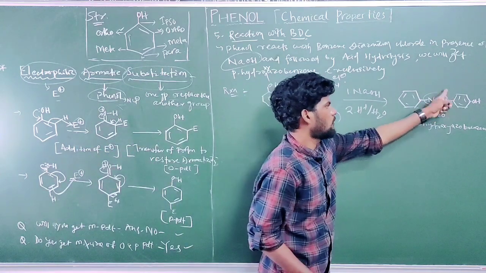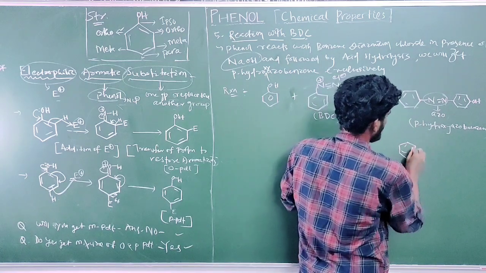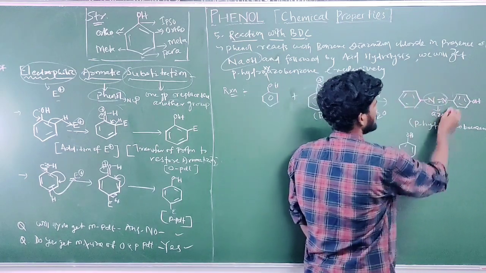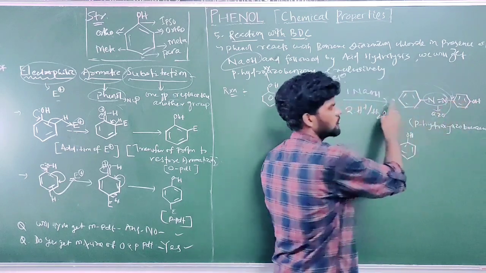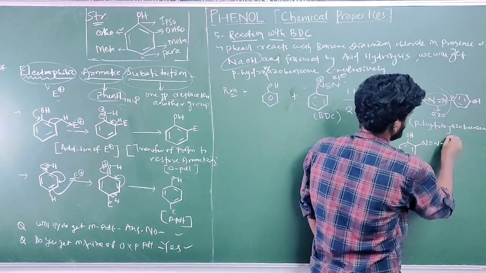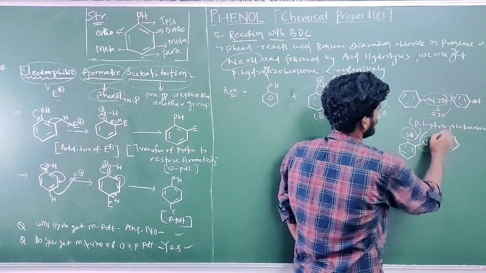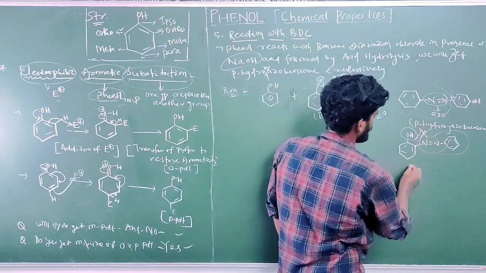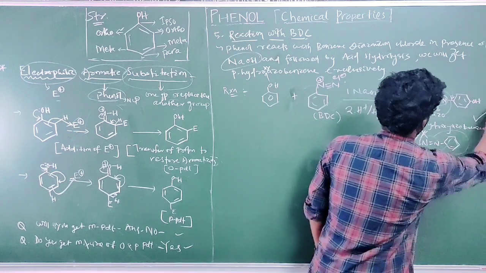If you look at this structure, if ortho-hydroxyazobenzene were to form, what is the problem? See here, this is the ortho position where this group would attach. Now at the para position, this group is attached to the phenol ring. If the same group attaches at the ortho position, it will definitely create steric hindrance with this OH group and this whole N double bond N structure. That is why the ortho product will not form. Cross symbol, only the para product forms.